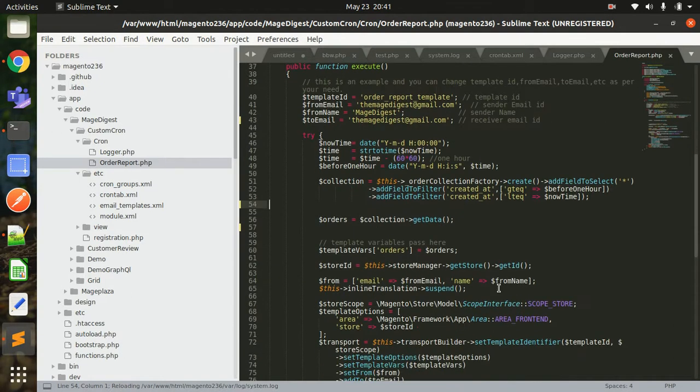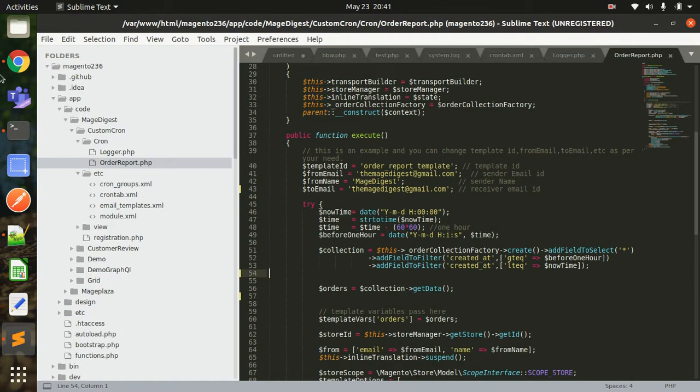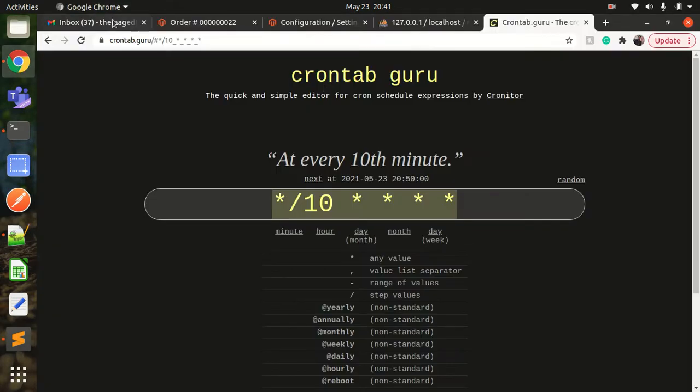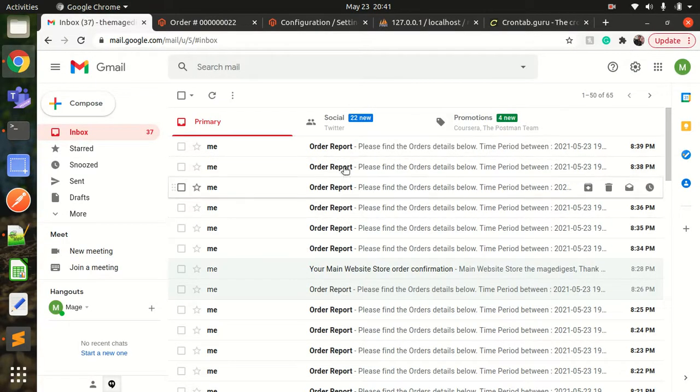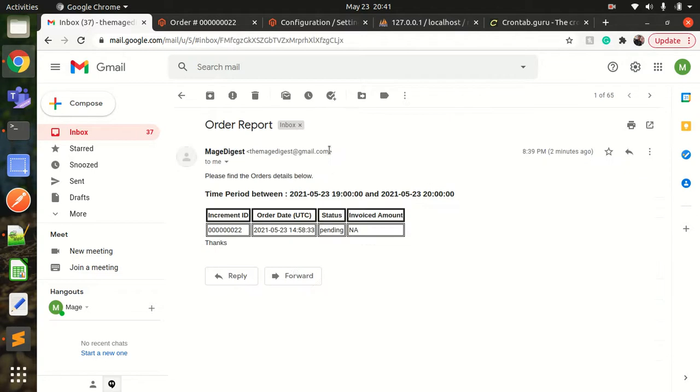So if I go to this particular mail, let me show you. If you see my mail, that is a mail digest mail inbox, I'm getting all these mails after every minute. See, 8:34, 35, 36, 37, 38, 39. Now this is how it is looking.